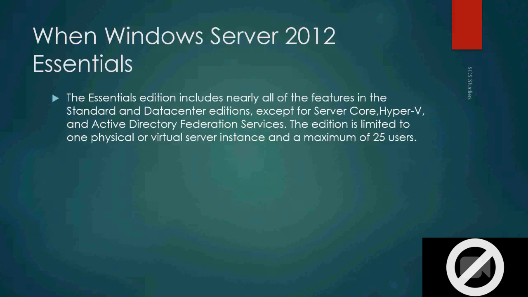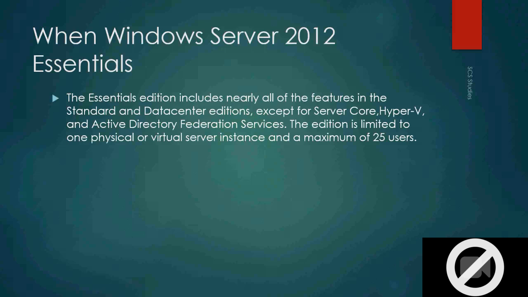Next, we can choose Windows Server 2012 Essential Edition. The Essential Edition includes nearly all of the features in the Standard and Datacenter editions. That means Essential has the features available in Standard as well as in Datacenter, except for the Server Core, Hyper-V, and Active Directory Federation Services, which is known as